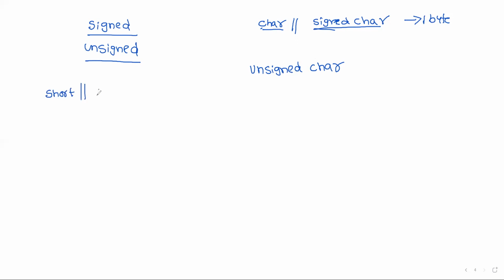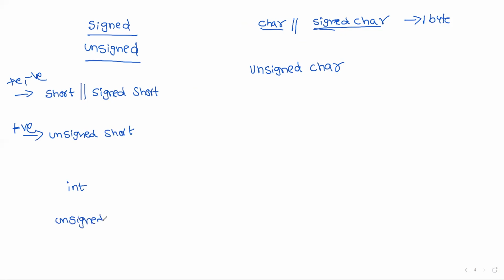Similarly, for example, short. What is another name for short? Signed short or unsigned short. The first one is to store both positive numbers and negative numbers. Here this is only positive numbers. Similarly, integer and unsigned integer. Each and everything, except doubles and floats, is only for whole numbers. You can specify integer or signed integer, with the sign or without sign. Why? Because by default that is signed.